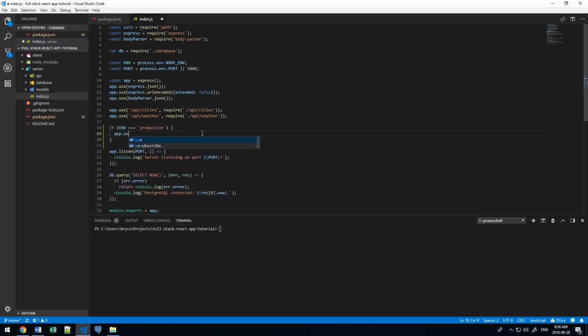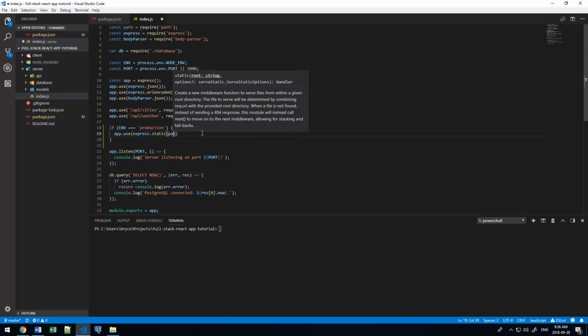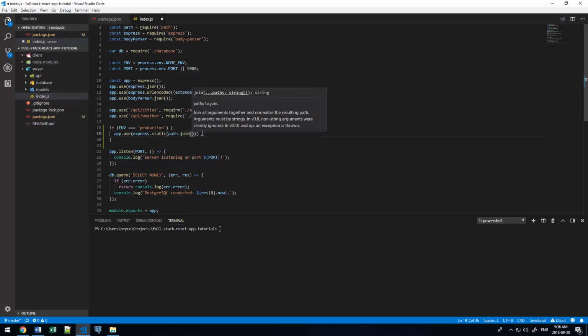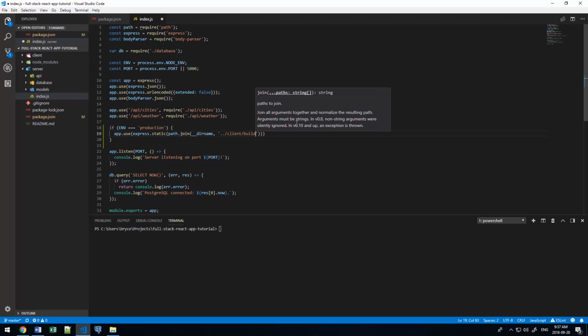So the first one, app.use express.static, and then passing in a path.join, which is going to combine two different arguments that we pass to it. So if we do __dirname, that's going to be the current directory that we're in, and then joining with this other path which goes to the parent, so ../client and build, and this is going to be the directory where all those static React files can be found. So essentially what this statement ensures is that we serve static files that are in this client build folder,